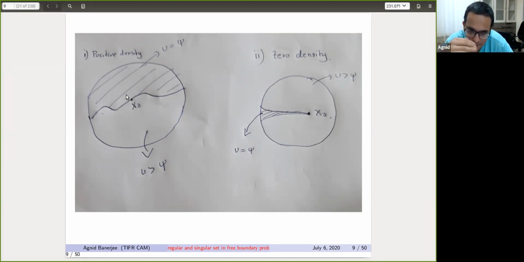Now, out of this, by some comparison principle approach, by comparing with quadratic functions, you can show not only that the L infinity norm is bounded in a quadratic manner, but in fact the solution separates from this free boundary point at a precise quadratic rate, which is to say that the L infinity norm is bounded both from below and above by r squared. So now what I will do is rescale the problem as v of rx divided by r squared, and I will call it v_r of x. What I have done is taken something which is of size r and magnified it and made it size 1, right?